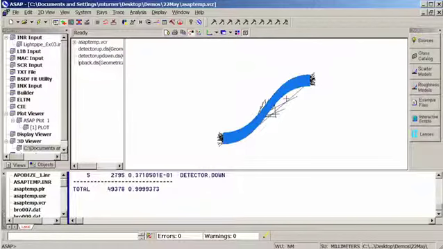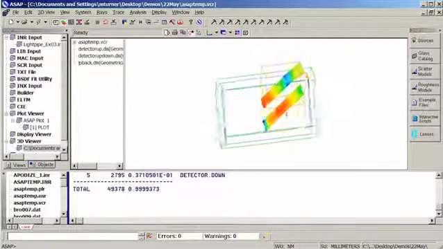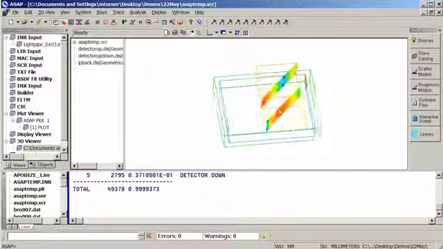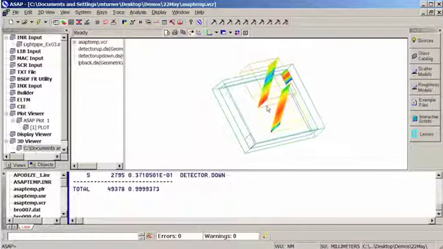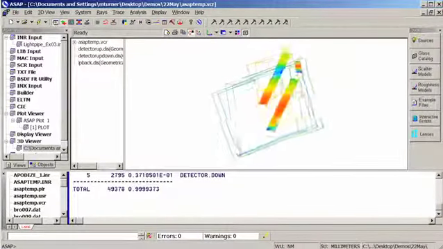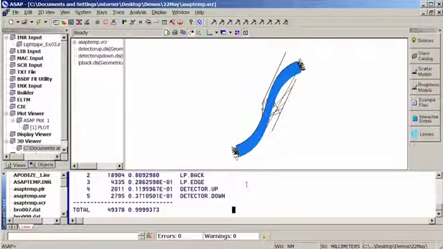But what I'm going to do is reorient this system slightly, and what we can see are detectors that are in false color, giving us an idea of how much energy actually leaked at the bend, as opposed to how much energy exited at the output face. And obviously looking at numbers might make a little bit more sense. So via the stats command within ASAP, what we can do is take a look at all of the information